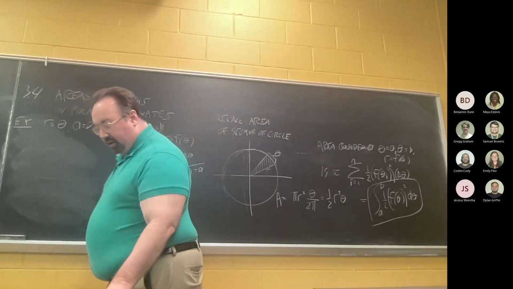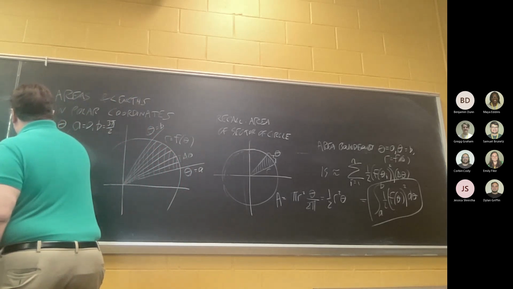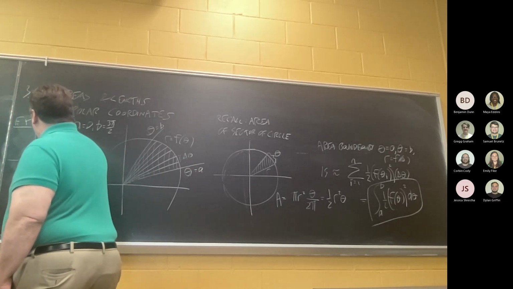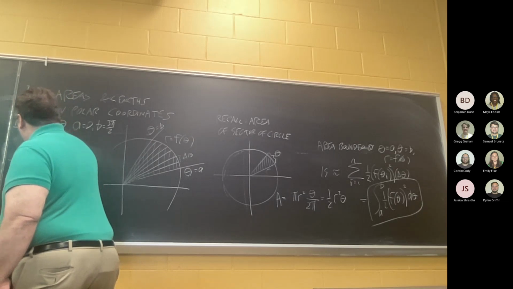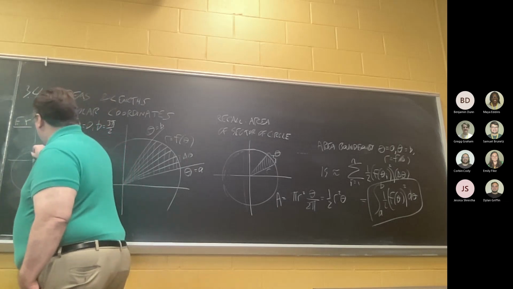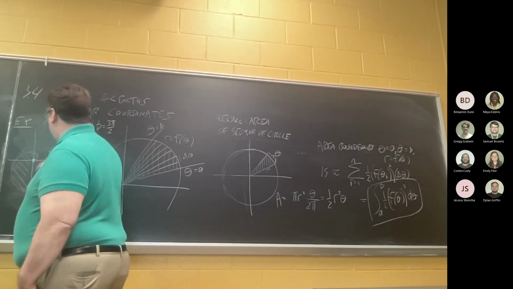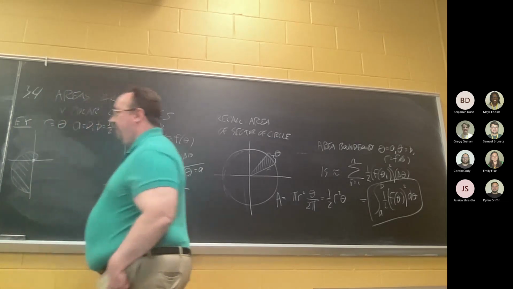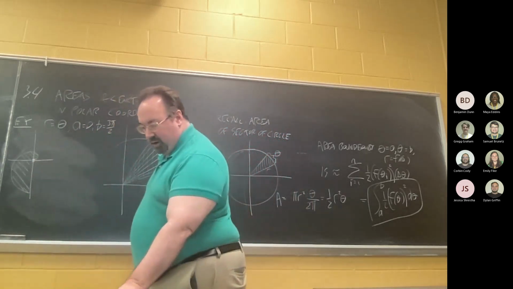Since r of theta is equal to theta, that means that as we trace the curve out, at first we start at the origin, and then as theta increases, the distance from the origin increases. So we get something like this. So it's the area of this region that I'm shading here, because remember the angle 3 pi over 2 is down here. So the area of this rather odd shape